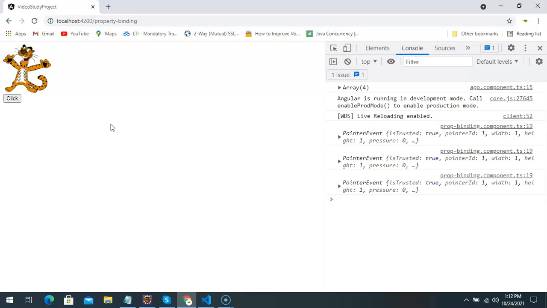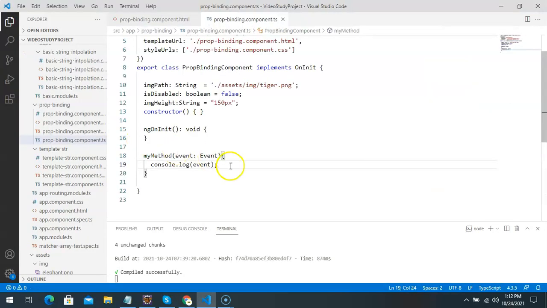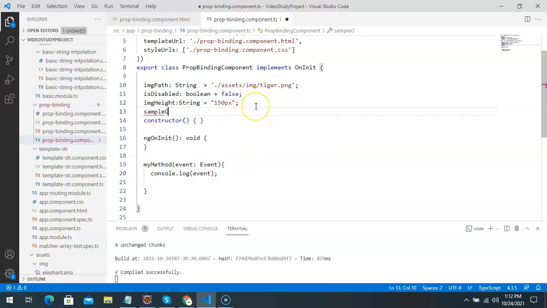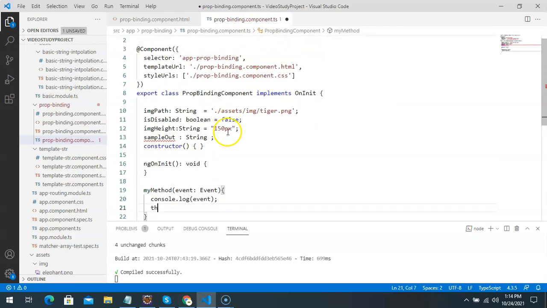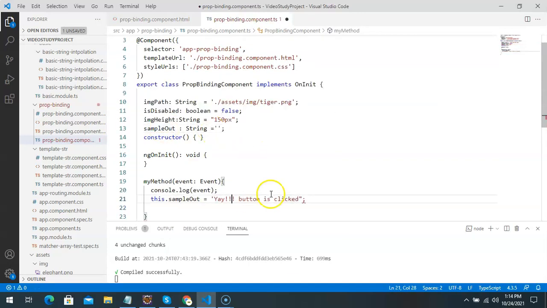Now let's do something other than printing console.log. Until now we were just printing console.log. Now I'm going to update the properties from the method. Here I have created a sample variable that is of type string.